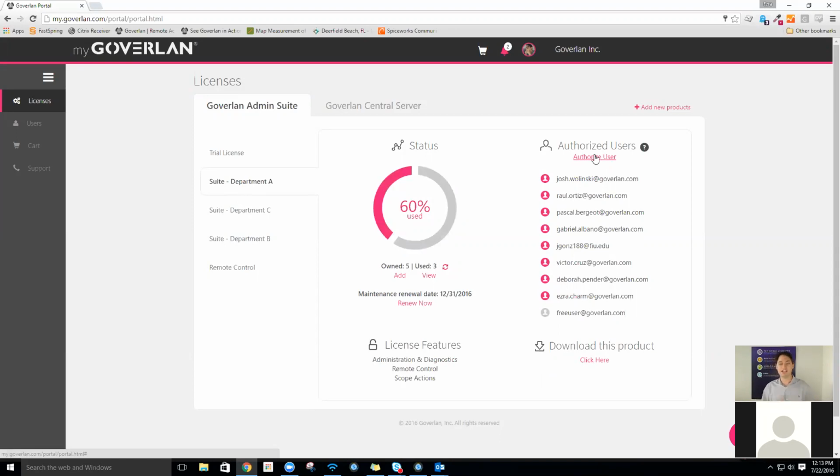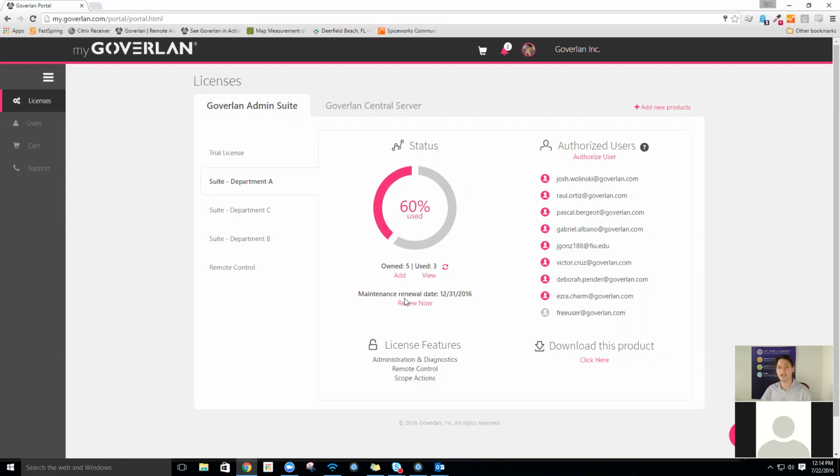Now, again, the other side is admin users are authorized across the board. Because this is our company account, we have a whole list of admin users there. For the most part, you'll have a few admin users or maybe even just one, and then you'll allocate them that way. Coming soon into this My.Goverlan portal are a whole bunch of other features, including the ability to renew licenses, purchase new licenses, really totally self-managed Goverlan resources,